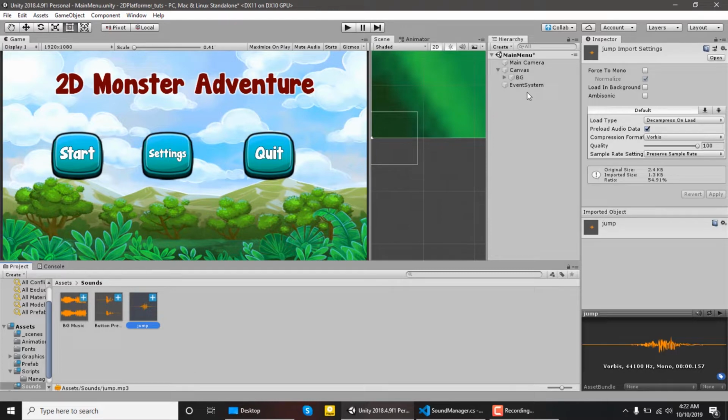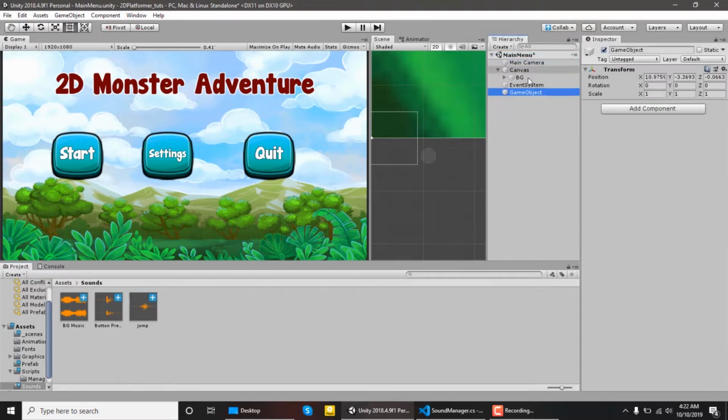So let's get started by creating an empty game object. Let's call this one sound manager. Let's create another empty object and call this one BG music. And let's duplicate this one and call this one SFX. Now what? Let's add an audio source to BG music